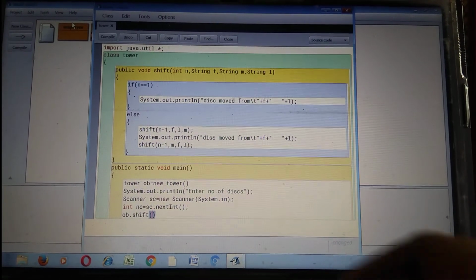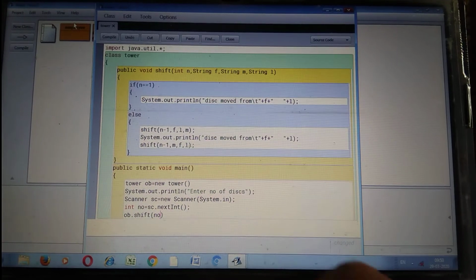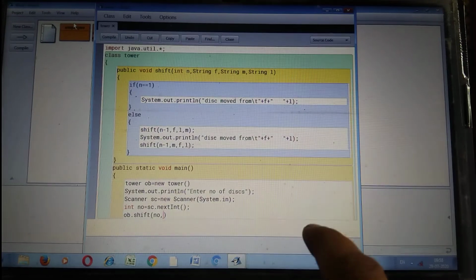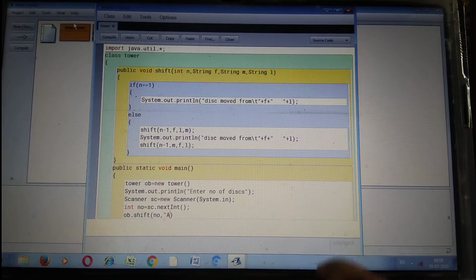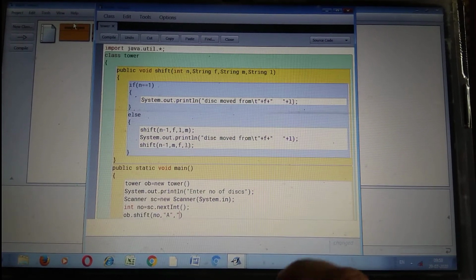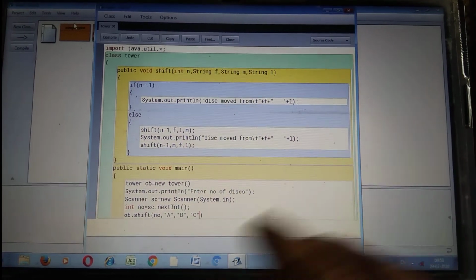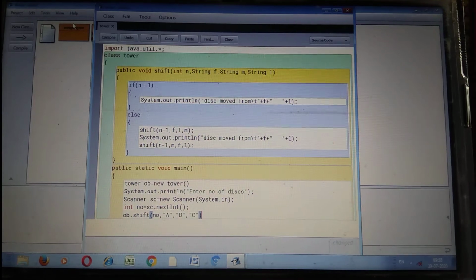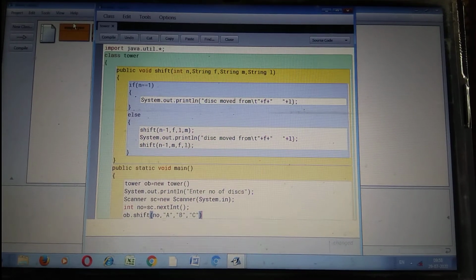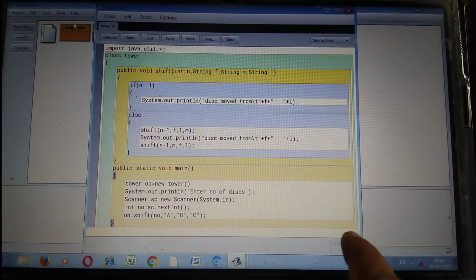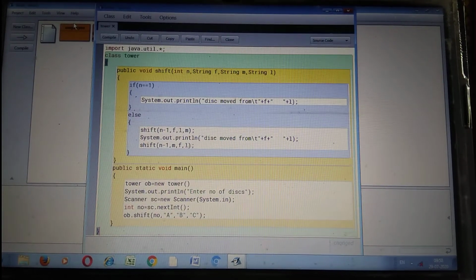First of all, the first parameter is no. No means the number of disks. Then the second, third and fourth are String type. So we write capital A for pole A, capital B for pole B, and capital C for pole C. 3 poles A, B and C. You can write any variable here as a pole. After this, close the method and close the class.